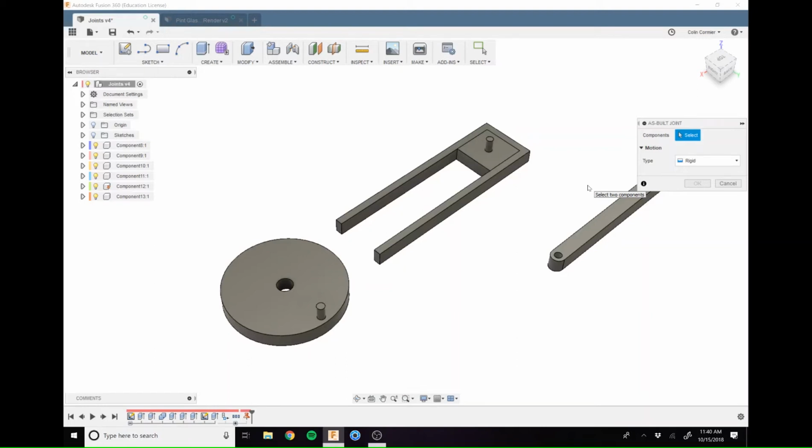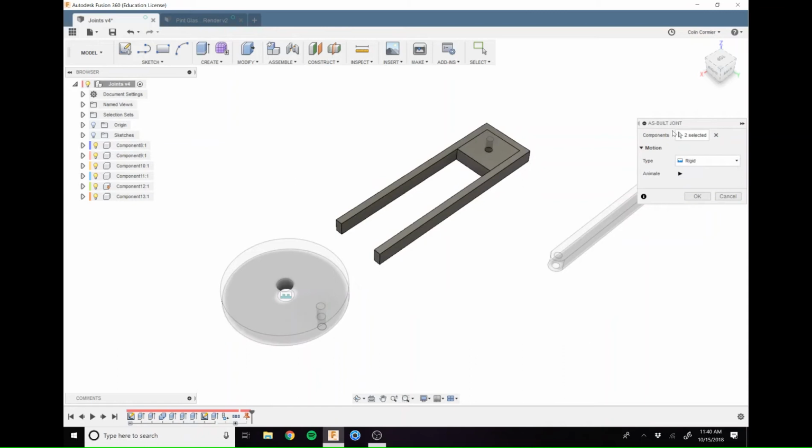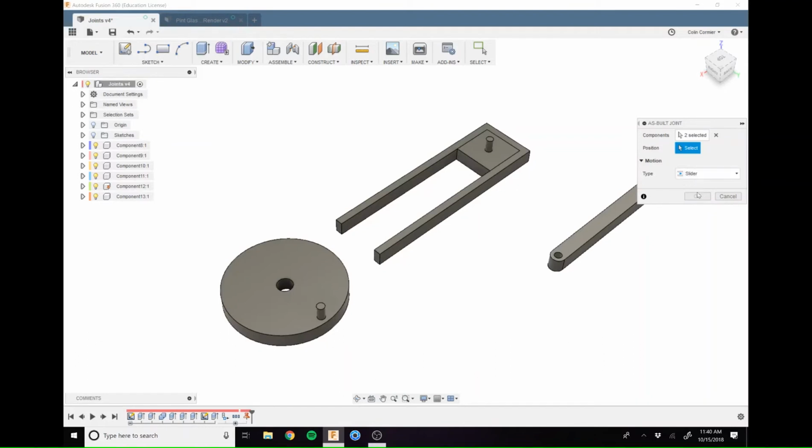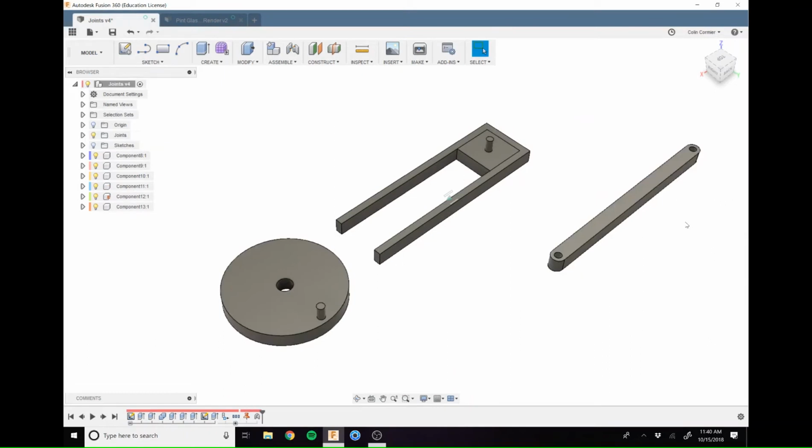So let me go back to the computer here and illustrate that. If I select this component, and I select this component, it's going to give me a motion type here. I don't want it to be rigid, I want it to be a slider. So we'll see. Oh, it might not. Okay, so it's asking for a reference right here. I'll go over what that means later on through the joint tool. But now that I have my sliding joint in there,